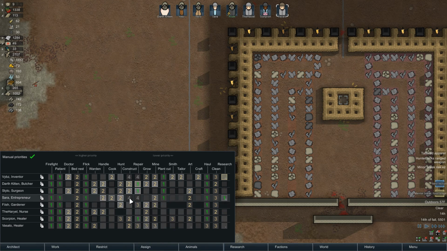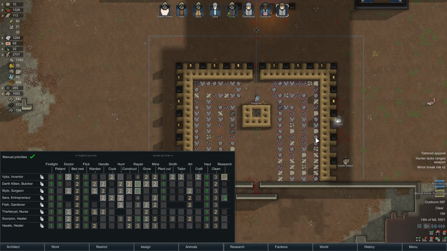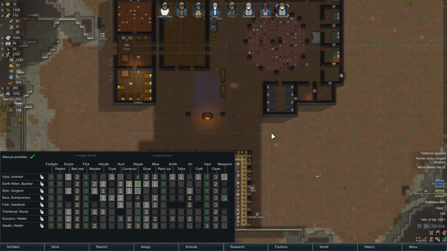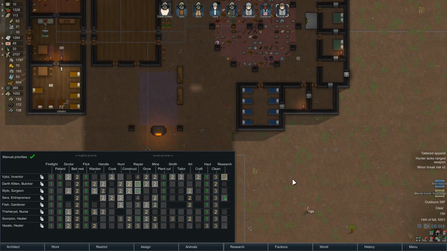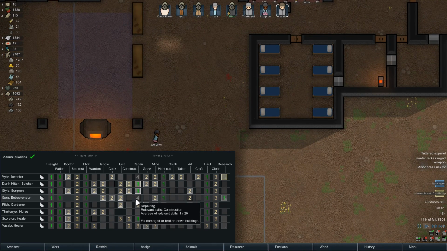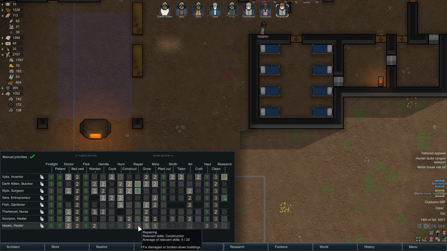I think what I'm going to do is take all the people... Yeah, now I've got enough people that are specialized in construction. I'm going to take everyone off of construction who's terrible at it. That'll make sure that stuff gets constructed more quickly, and we won't have people making really low-quality beds and whatnot anymore. Okay, there's that. I can also get the repairing gone for people that aren't very good at it.